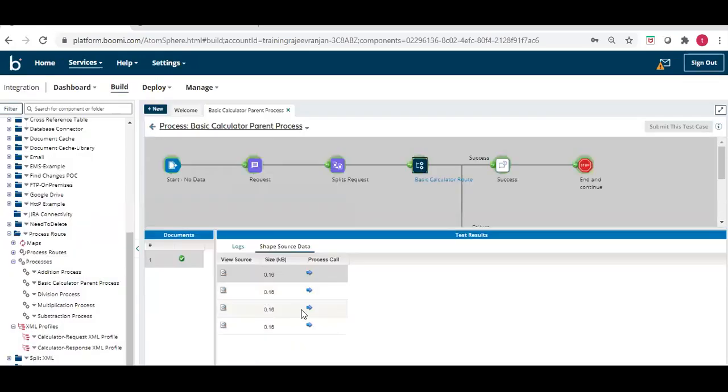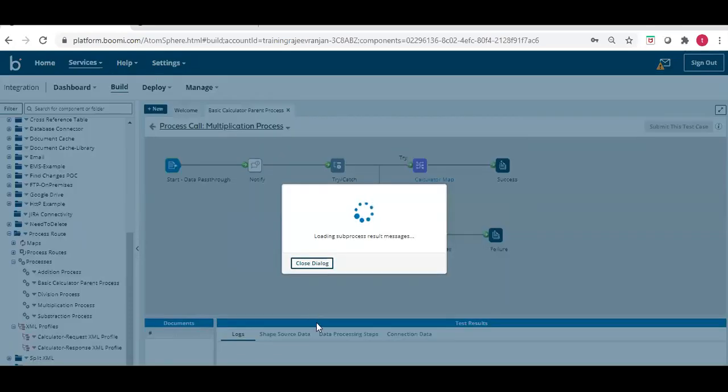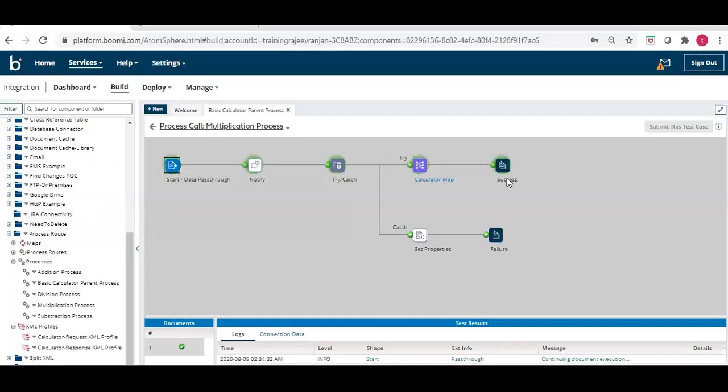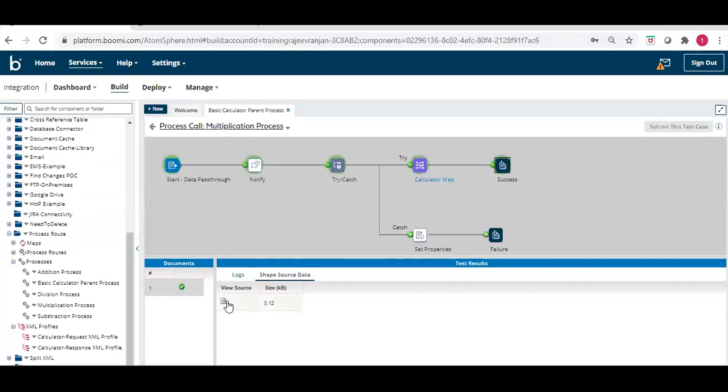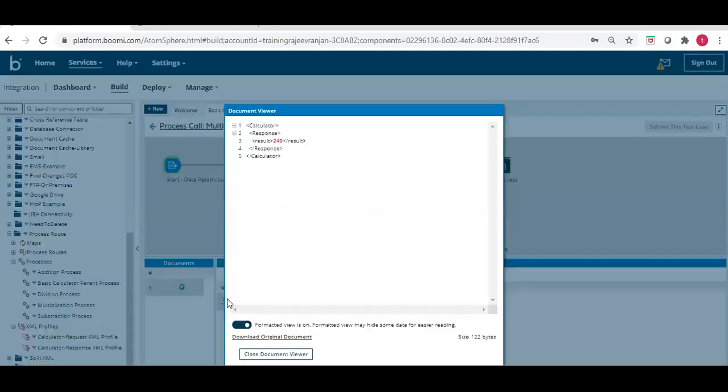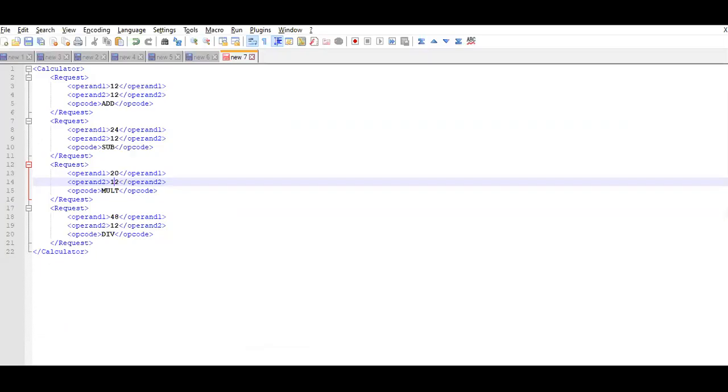Perfect. Now we look into the multiplication. What was the input for the multiplication? 20 into 12, so this must be 240. Let's see what value is there. The result element must contain 240. Yes, perfect, it is 240. Now we have the division: 48 divided by 2.